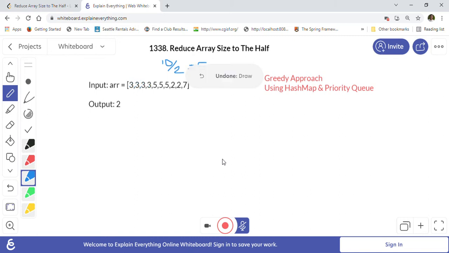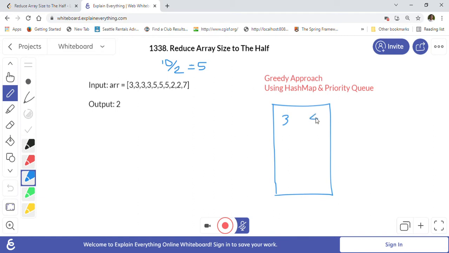So how we will solve this problem is we will first create a hash map of every element in this array and its frequency. Let me draw a hash map here so we can go step by step. First in the hash map we will add 3, which has frequency 4.